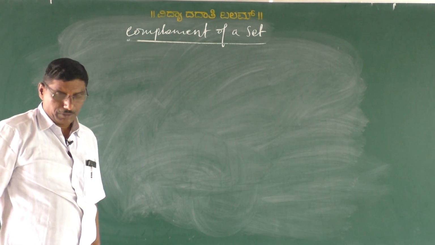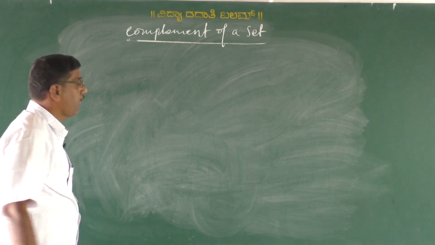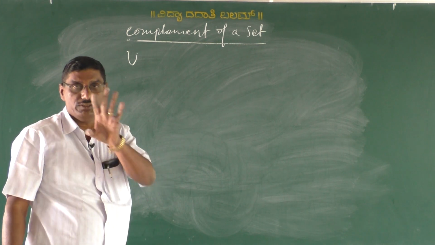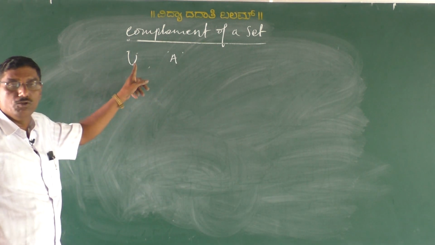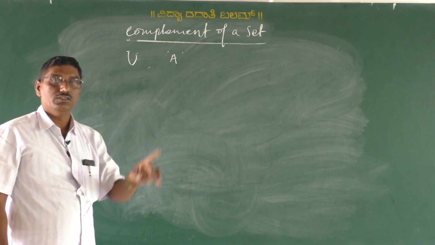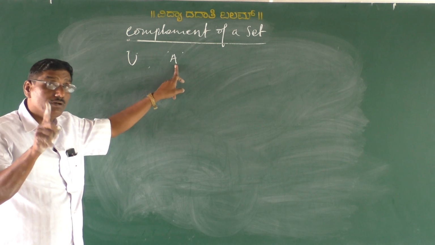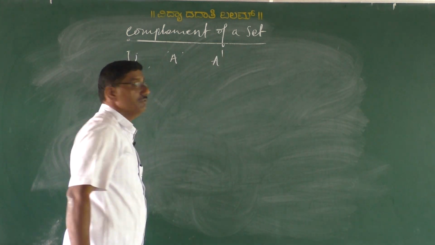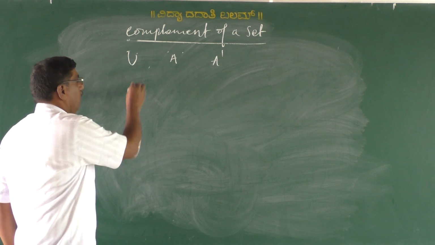Complement of a set. My dear students, we consider here one universal set. Let U be the universal set, and A be a subset of this universal set. Now we define another set, that is the complement of a set A, which is denoted as A dash, and defined as